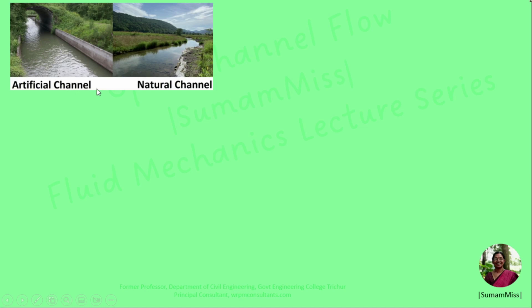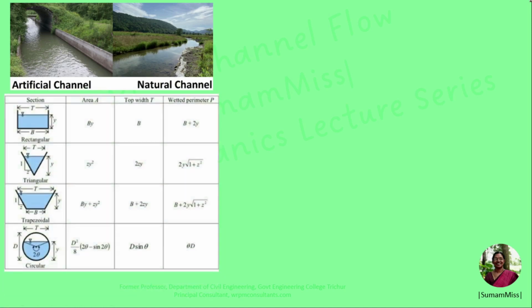Whereas artificial channel, that is also called man-made channel, has a definite shape, and it is also possible to maintain the same shape and slope throughout the length of the channel. So that type of channel is called prismatic channel. Artificial or man-made channels are available in different shapes. So the figure shows channels of rectangular, triangular, trapezoidal and circular cross section. In the previous session, we have also discussed the geometric elements and geometric parameters of different shapes of this